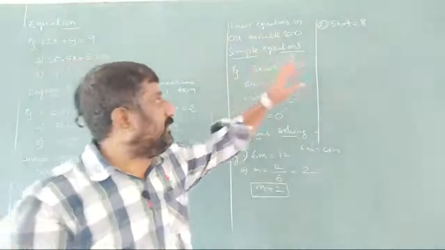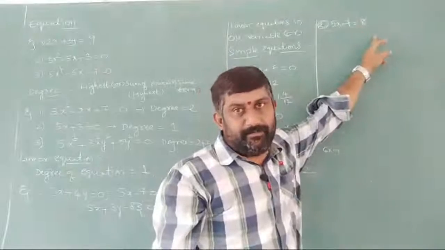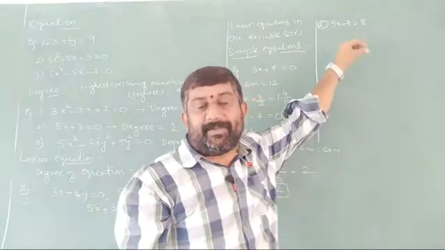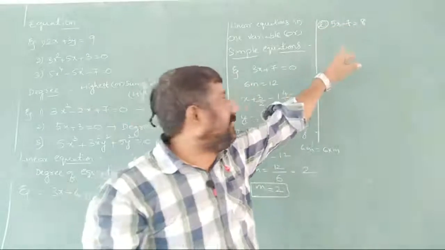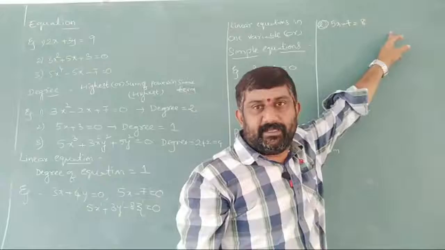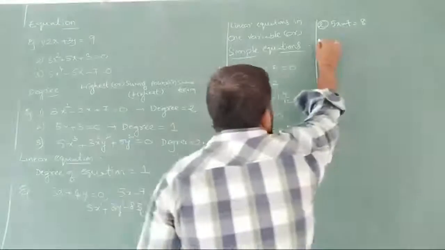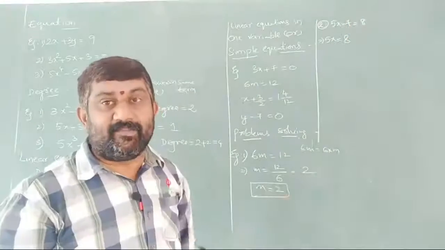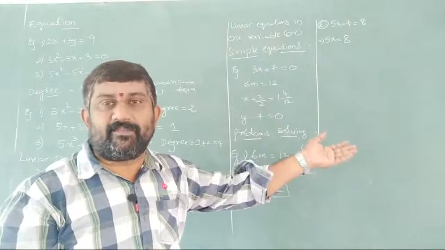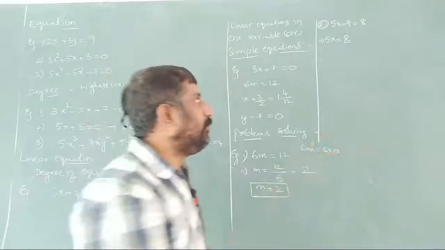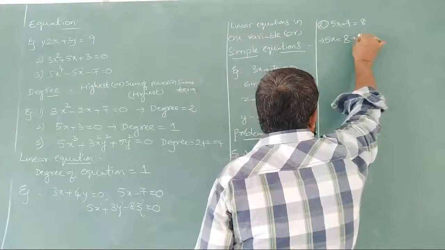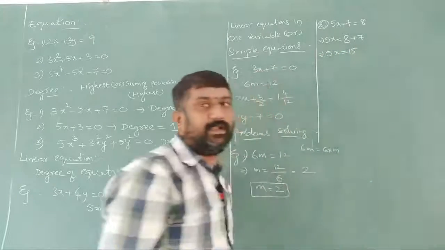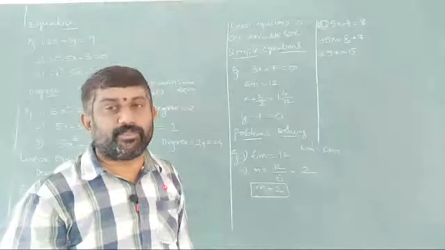So first of all, send this minus 7 to the right side. It is with the operation subtraction, and the opposite operation of subtraction is addition. So send this minus 7 to the right side. It becomes 5x is equal to 8, plus 7, because minus becomes the opposite operation, plus. So 5x is equal to 8 plus 7, or else 5x is equal to 15 we are getting now.